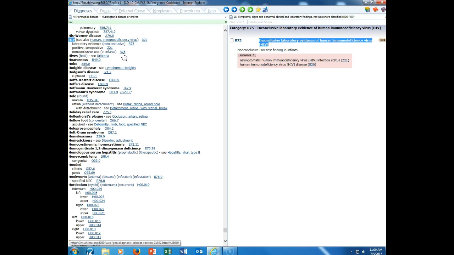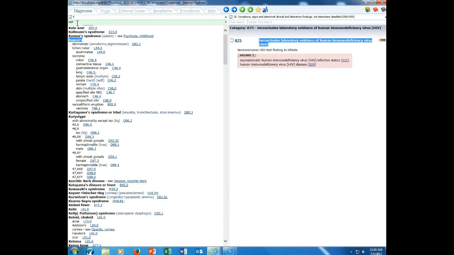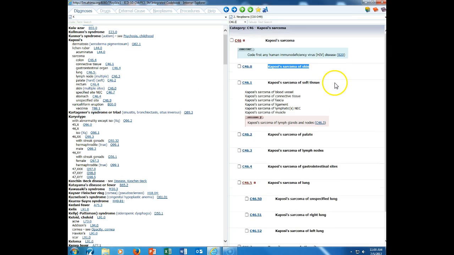So in this instance, this patient came in. Let's look up Kaposi's sarcoma. Okay, so if I go to... if I spell it right, that helps. Okay, Kaposi's sarcoma of the skin, C46.0. And when we go to that code, now this is an example of when we go to this category,